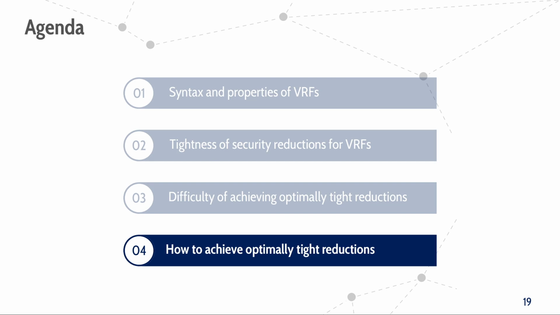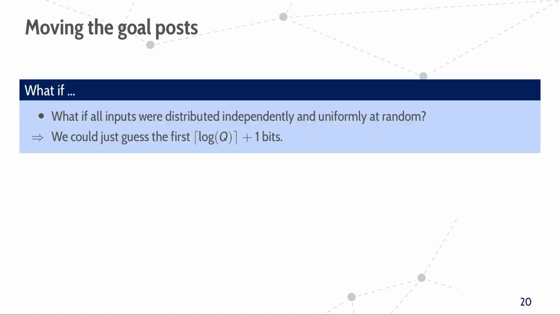However, we actually can achieve this optimal tightness, and that is what we look into next. For the intuition behind our technique, let us slightly move the goalpost and assume that the adversary will be nice enough to choose all its queries and its challenge uniformly at random from the domain of the VRF. If this were the case, we could just guess the first log q plus 1 bits of the challenge input,